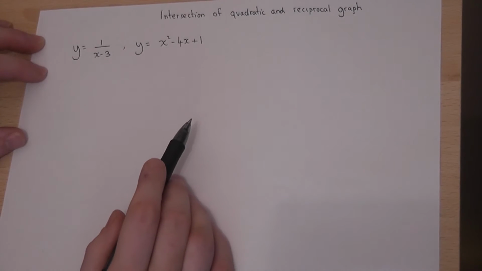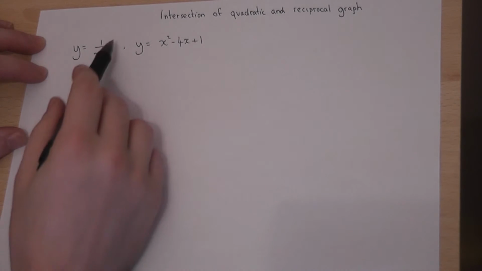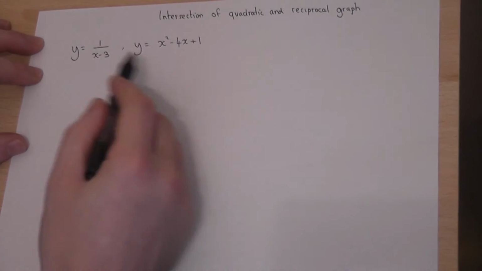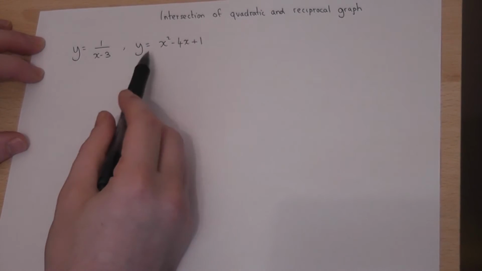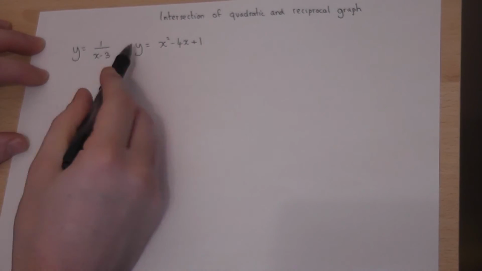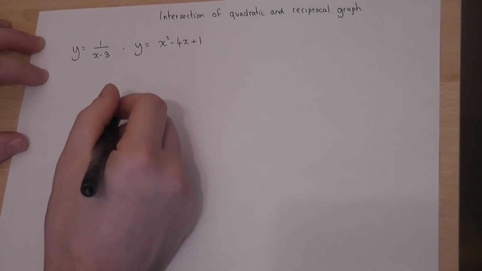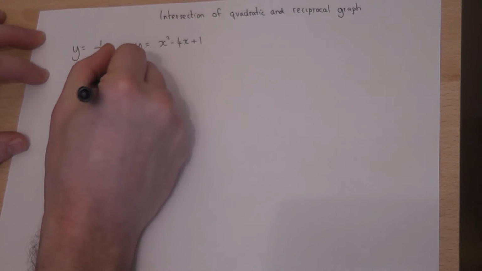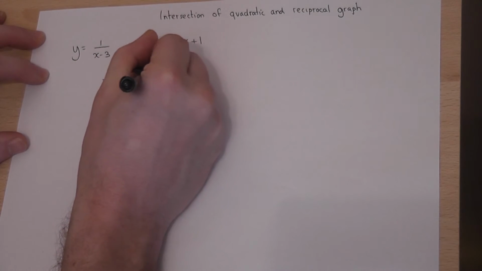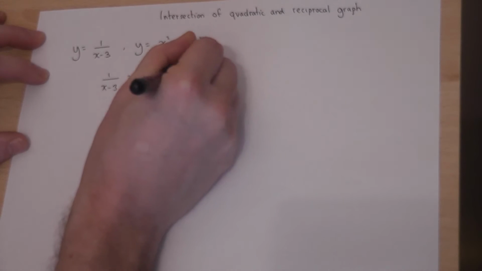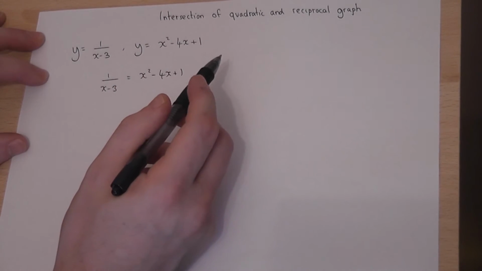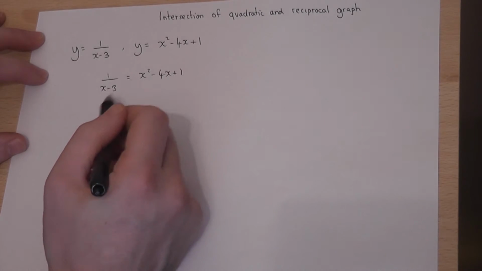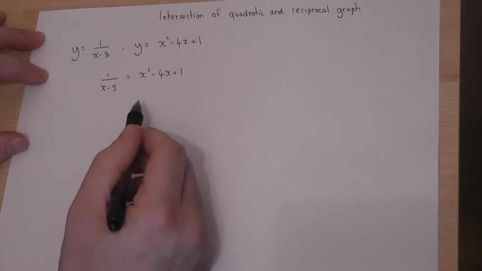This video looks at how we can solve where a reciprocal graph intersects a quadratic graph using simultaneous equations. Now, where these two graphs intersect, the y-coordinates must be equal. So therefore, at the point of intersection, we can say that 1 over x minus 3 must equal x squared minus 4x plus 1. So the two equations must be equal to each other. So therefore, I need to solve where these two equations are equal,